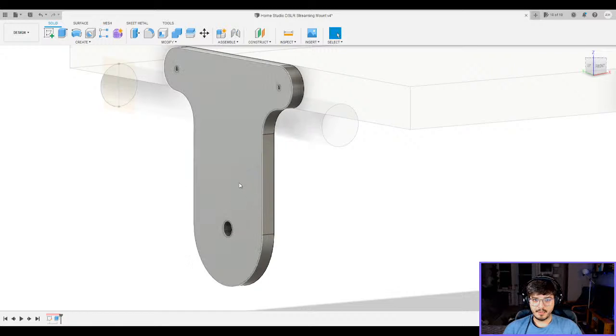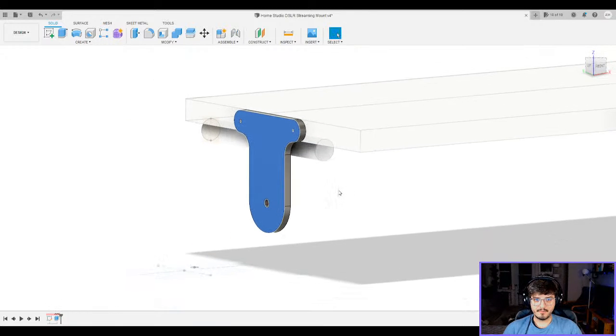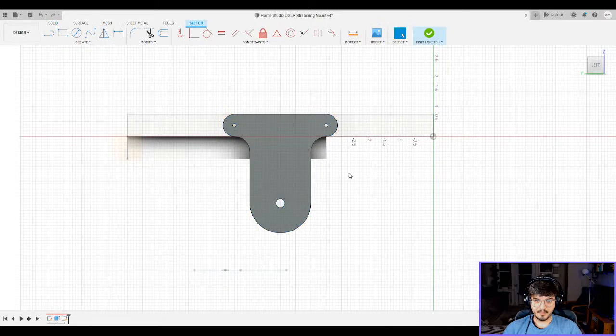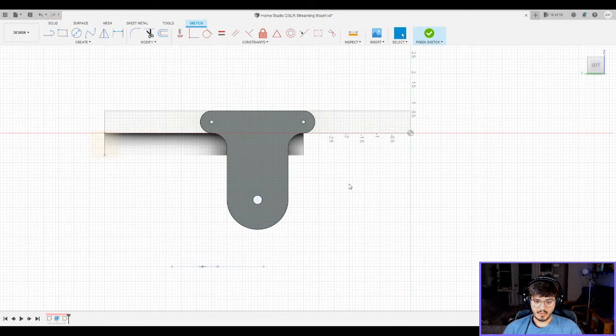All right, I'm going to create another body. I'm going to reference this face for the rest of it, I think. So I know that from the center of this hole to the top is 3 inches.